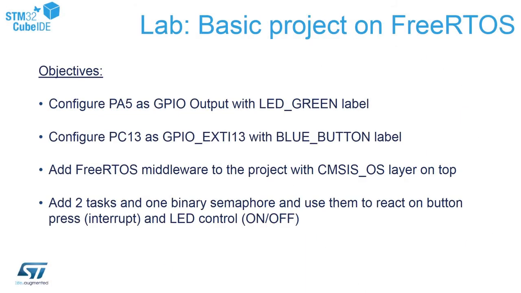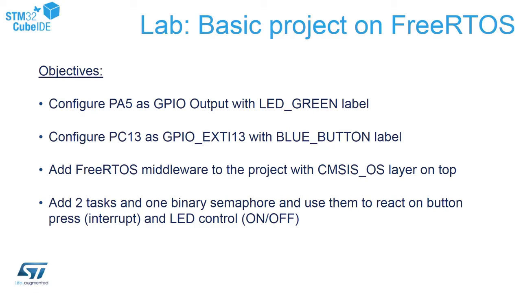So the objectives for this part are the following. First, we'll configure two IOs: PA5 as a GPIO output to control the green LED, and PC13 as a GPIO EXTI13 to monitor the blue button which is connected to the port. Then we will add the FreeRTOS middleware to our existing project, and within this FreeRTOS I will add two tasks